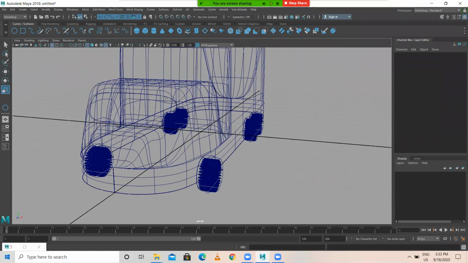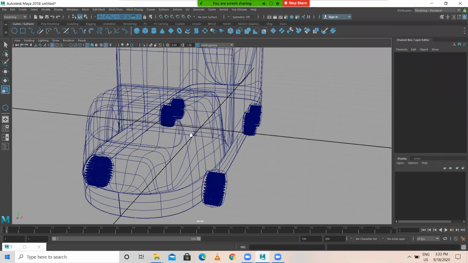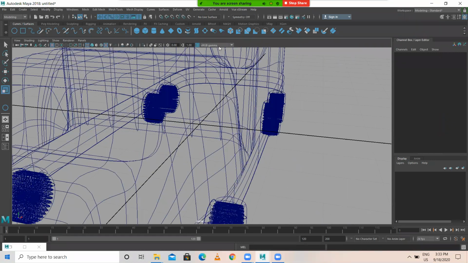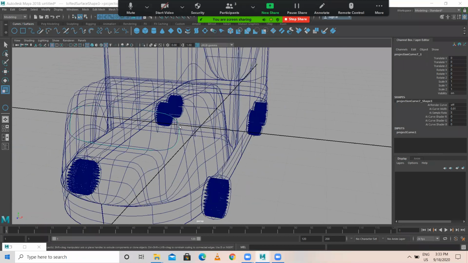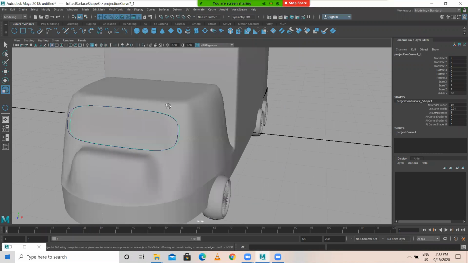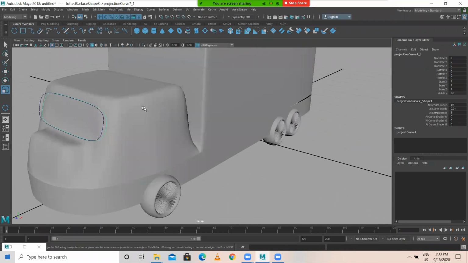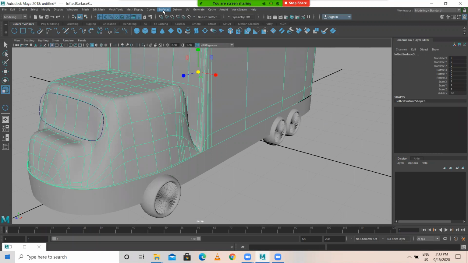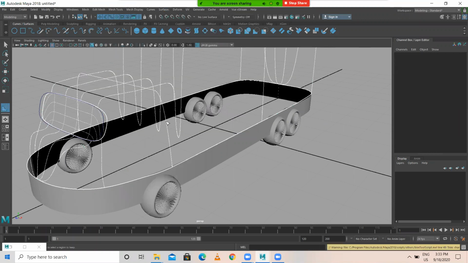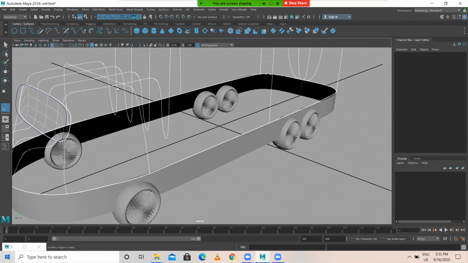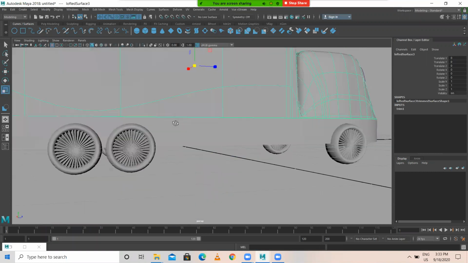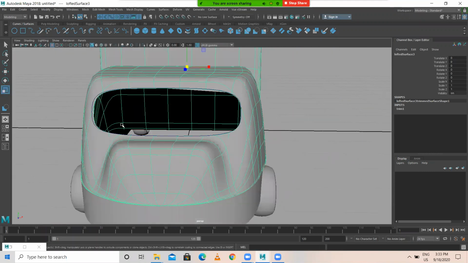So just check whether any curves are selected or created over here. You need to select the projected curve and select the object, surface, trim tool. I want to trim this particular area, so I want to retain this area. Select the area which you want to retain and press enter. Okay, fine. This area has been trimmed.